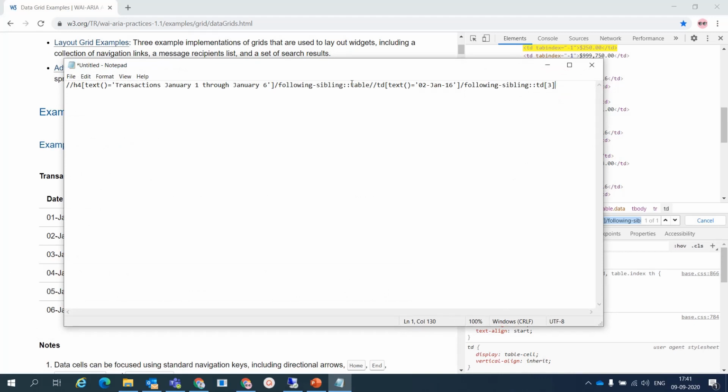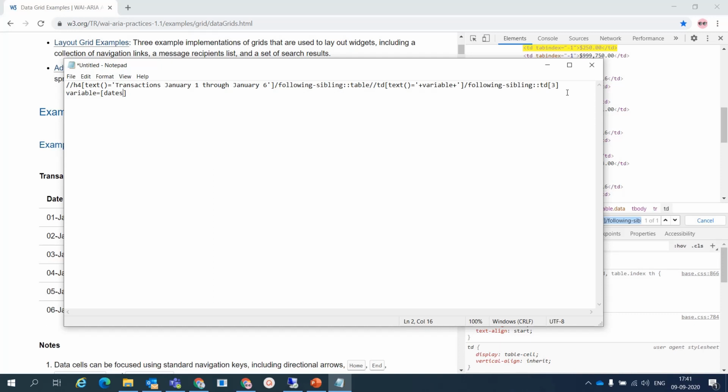Now here our date is variable, so I will just delete this, and here if you are using Java or Python, I don't know, but you can add your variable here. And that variable is a list of dates.